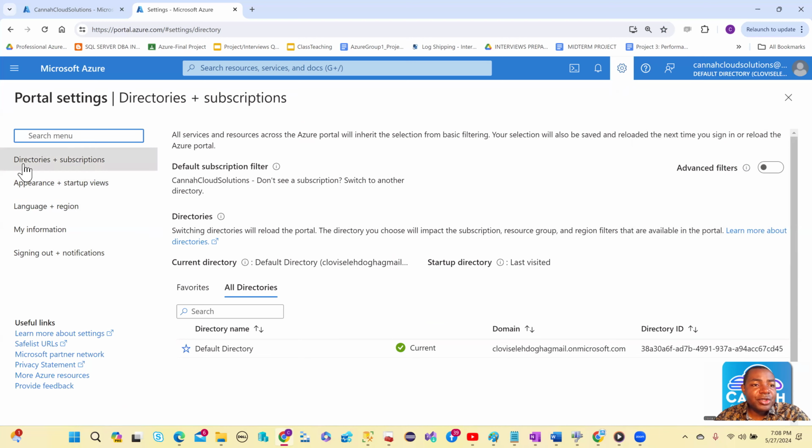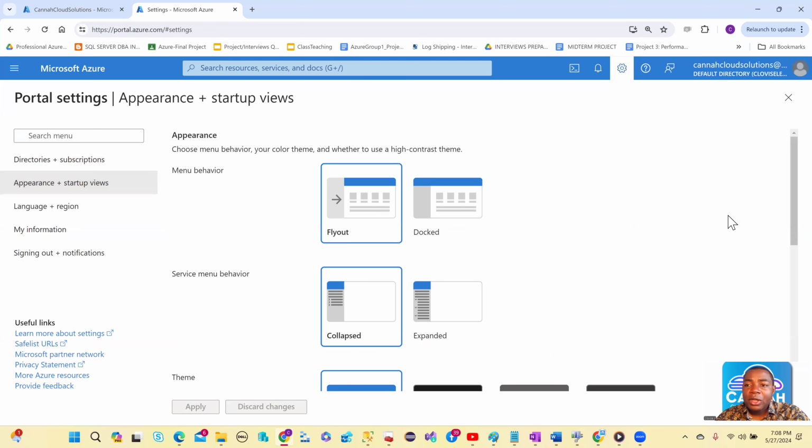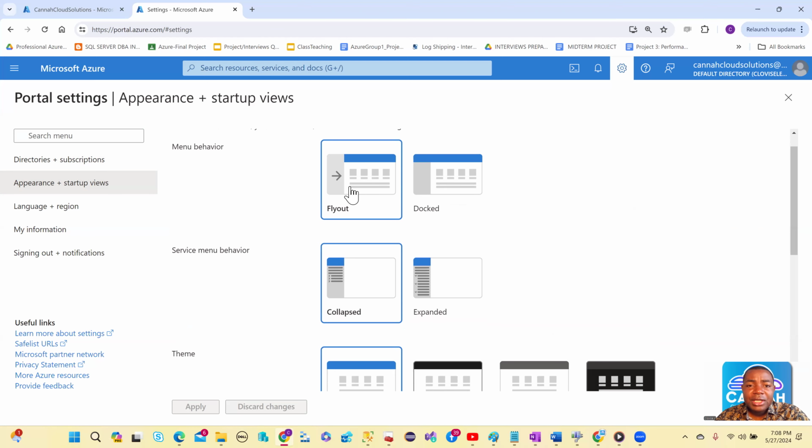You will see here the features. You have directories and subscription, appearance and startup view, language. You can change your language and all of that. Then the information that you use to sign in and many other information you can find out here. If you come over here, appearance and startup view, you look at how it appears here. If you want to change the setup view to something configured to your own taste, you can, for example, I can go to